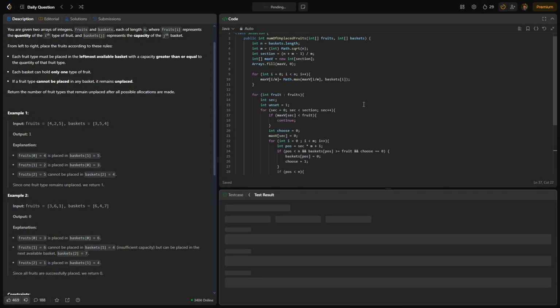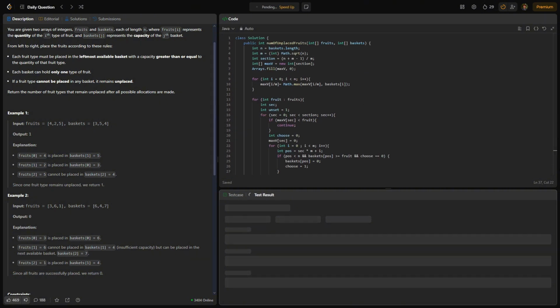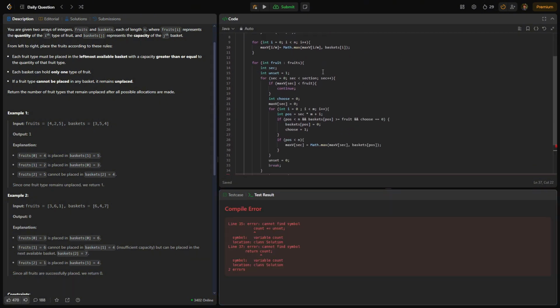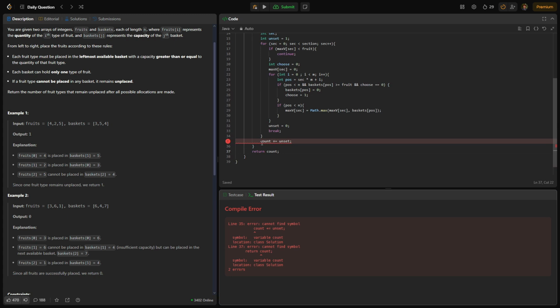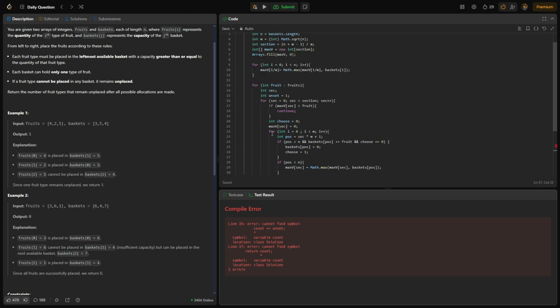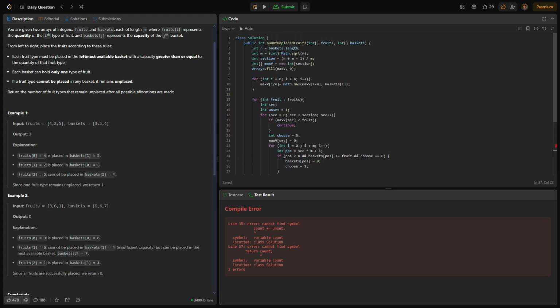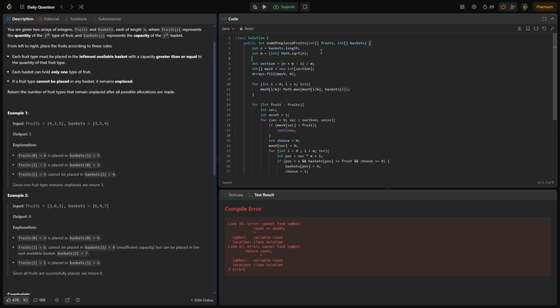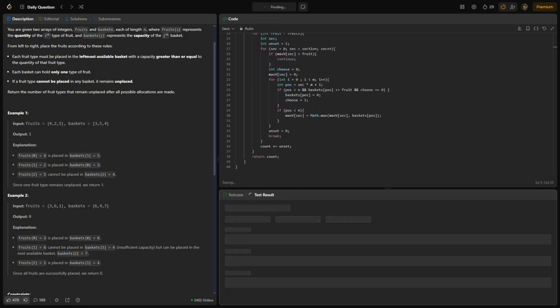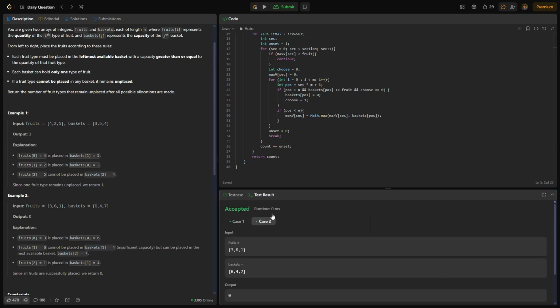So if we run this, it passes our test cases, and if we submit it,